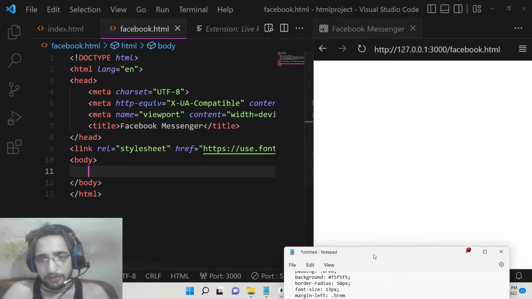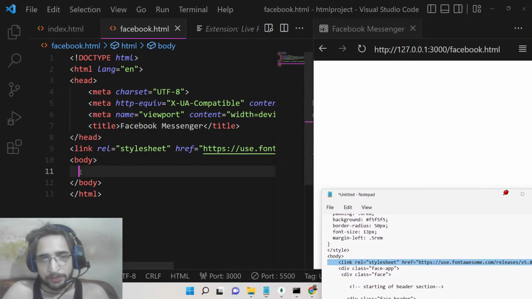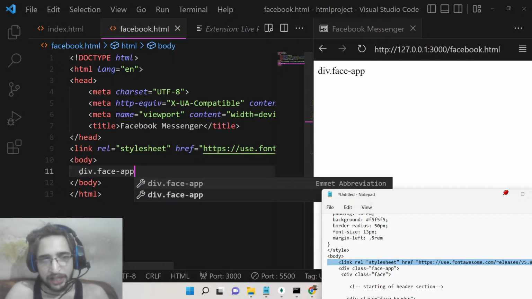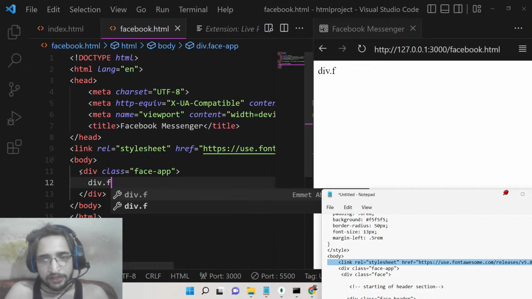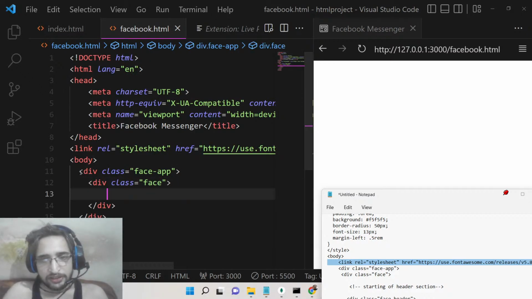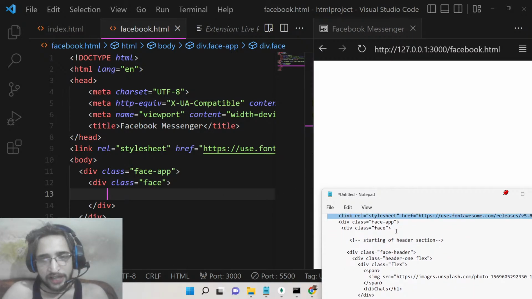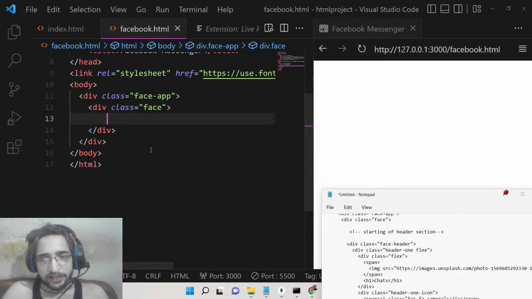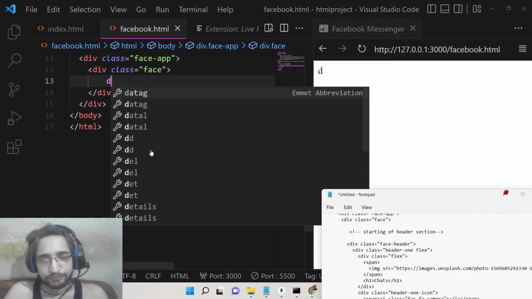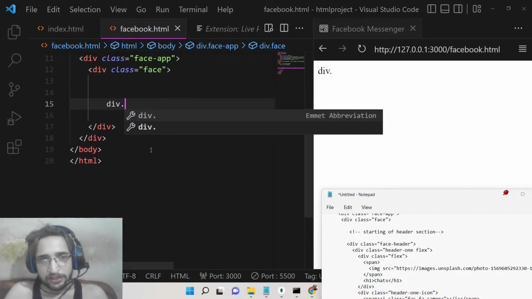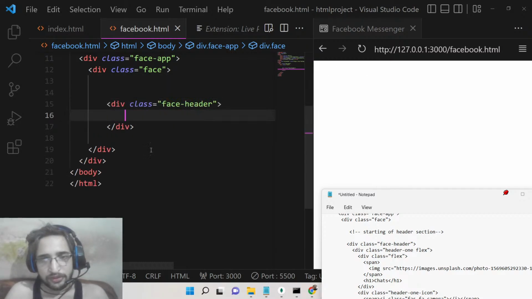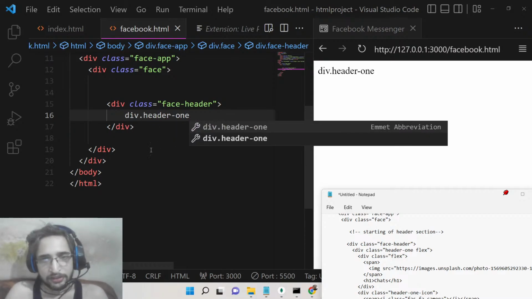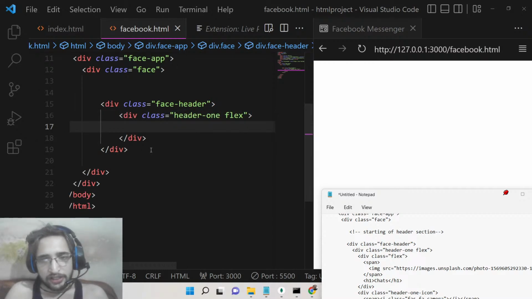After this guys, basically we will have a base div tag. Inside this we will be giving a face.app class. Inside this we will have a face class, and now basically we will be designing our header section here. Basically inside this face class we will have another class, just create some space, div face header. So inside this guys we will have another class which will be header1 flex,